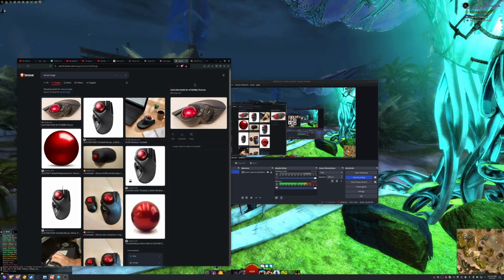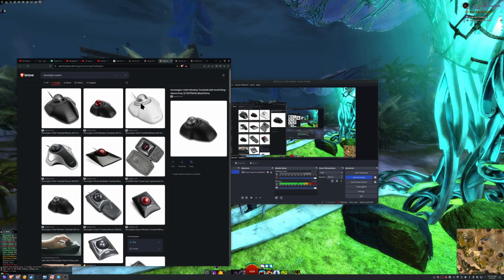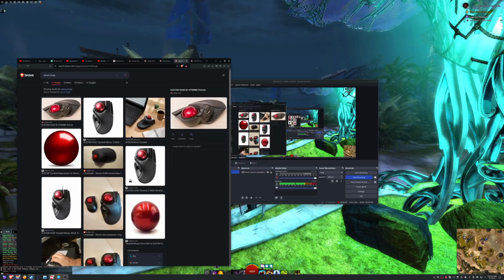Of course, this thing, as well as the Kensington Expert, use ceramic ball bearings, unlike steel rollers, which are able to take a lot of gunk before you start noticing your trackball's jumping a bit. You have to clean it out maybe once a day, especially if you're like me and your fingers like to shed a lot. A lot of gunk comes off my fingers very easily, and I'm super sweaty. So yeah, with ceramic ball bearings you're going to be cleaning them a lot more